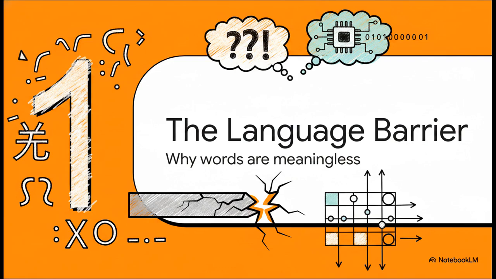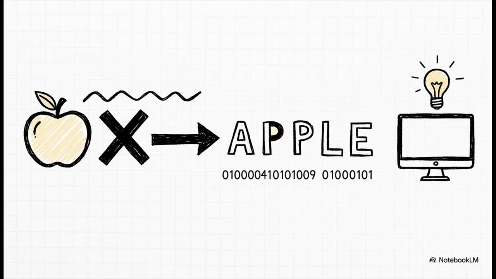This is all about accepting one simple, kind of brutal fact about how computers see our world. So here it is. This is the foundational rule for everything else we're going to talk about. A computer has absolutely no idea what an apple is. It can't taste it. It can't see its color. It can't feel its weight. To a computer, the letters A, P, P, L, E are just meaningless symbols. To make it understand our world, we have to translate everything into its language, the language of numbers.